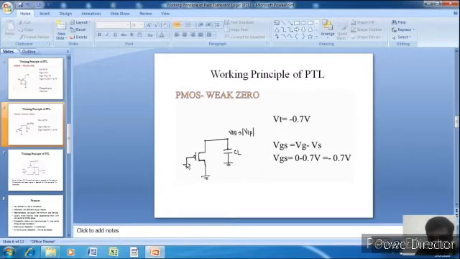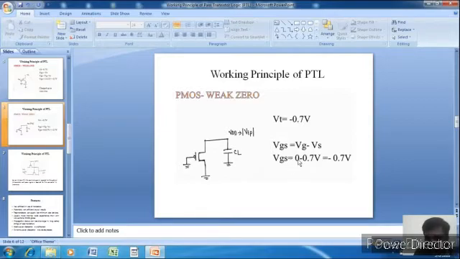Here a low voltage is applied to the gate terminal. Ground voltage is applied to the gate terminal of this pMOS transistor, and as a result, the pMOS transistor turns on and the capacitor starts discharging. The capacitor discharges from VDD toward 0, and when the capacitor voltage becomes 0, then